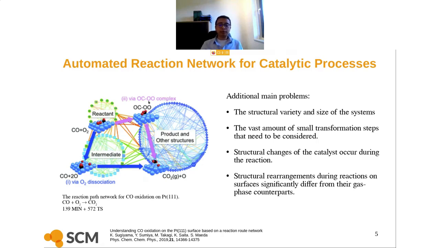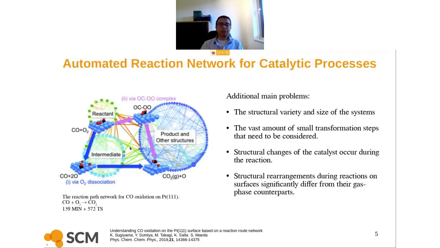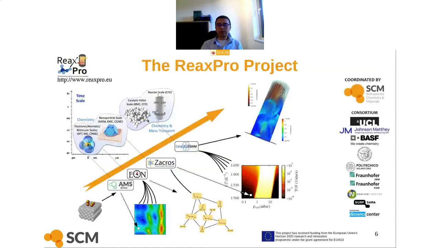So it means that, for example, in these cases where you have graph rules, they act like heuristics to predict the reactions. Those rules are going to be completely different when they take part on a surface. So you probably need new rules for every system, for every surface. So because of that,